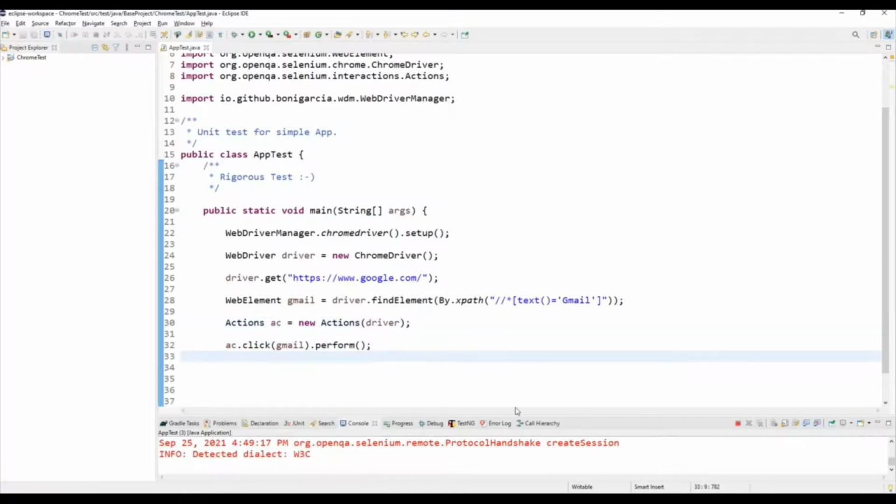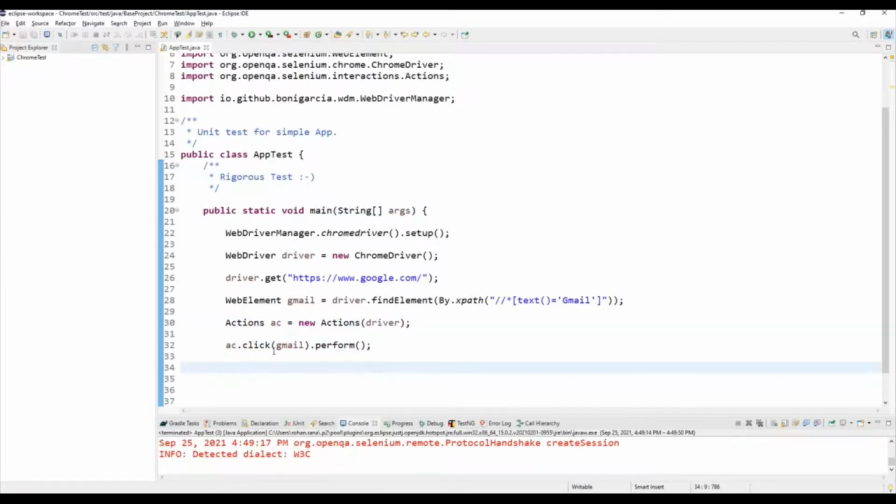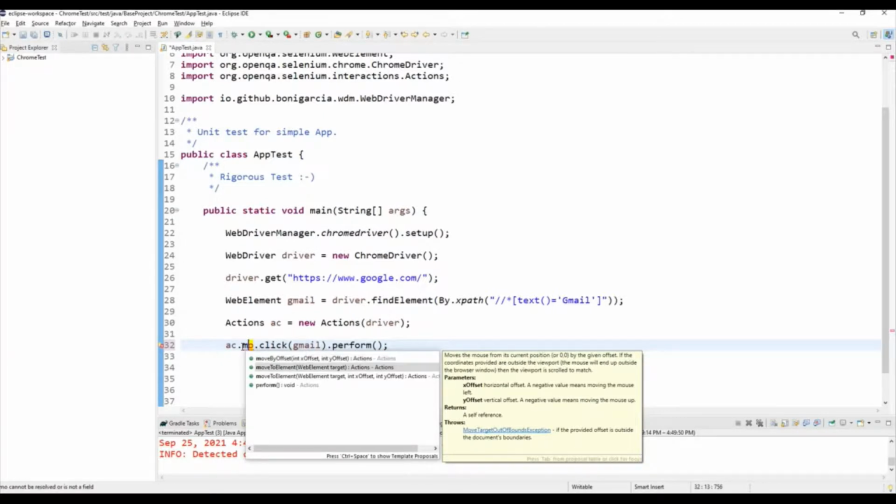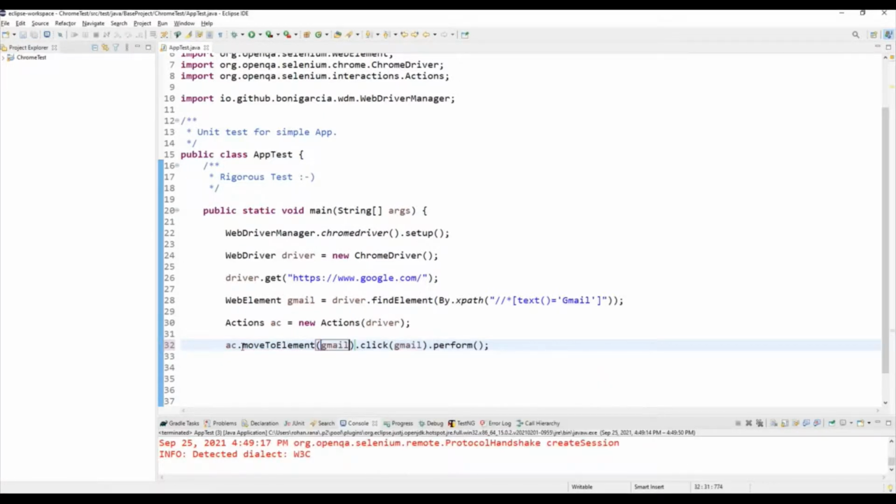Now if you want to do one more thing, like your element is not visible within the page, there is one more method, move to element. You can go to move to element, then click dot perform. First it will move to that element, then it will click, then the perform method.